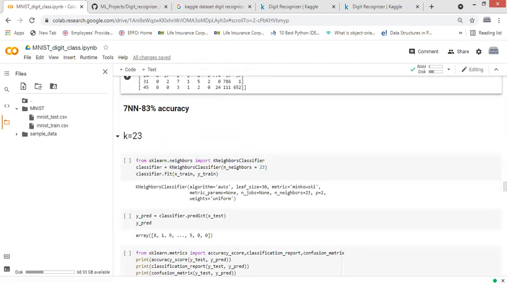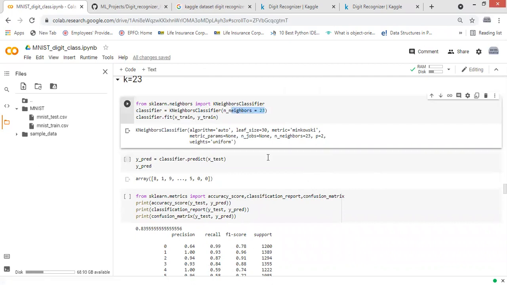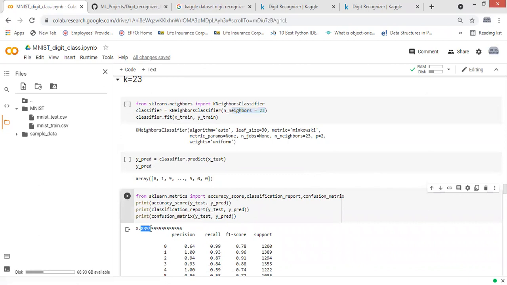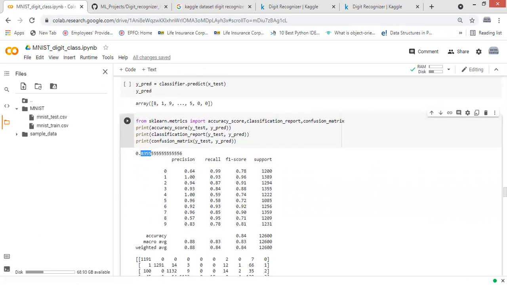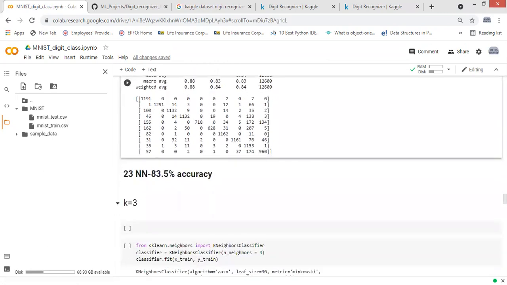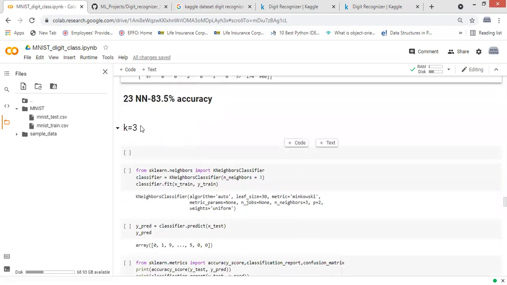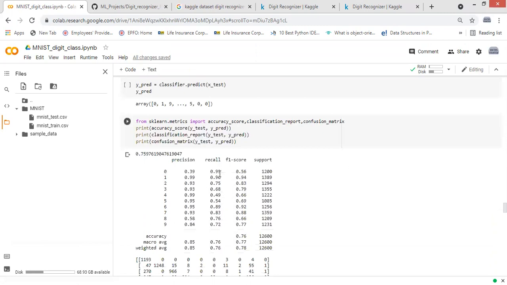Now when I tried k equal to 23, I got 83.55. We can try other parameters also, and give a loop for it. And for k equal to 3, I got almost 76%.